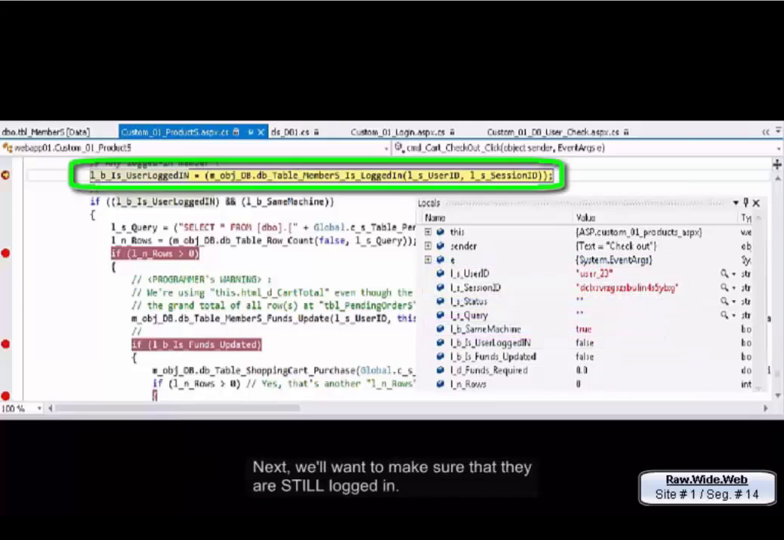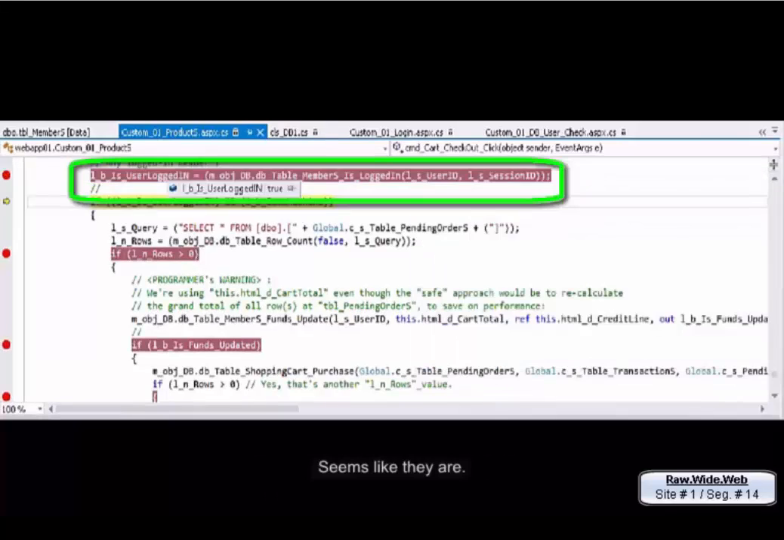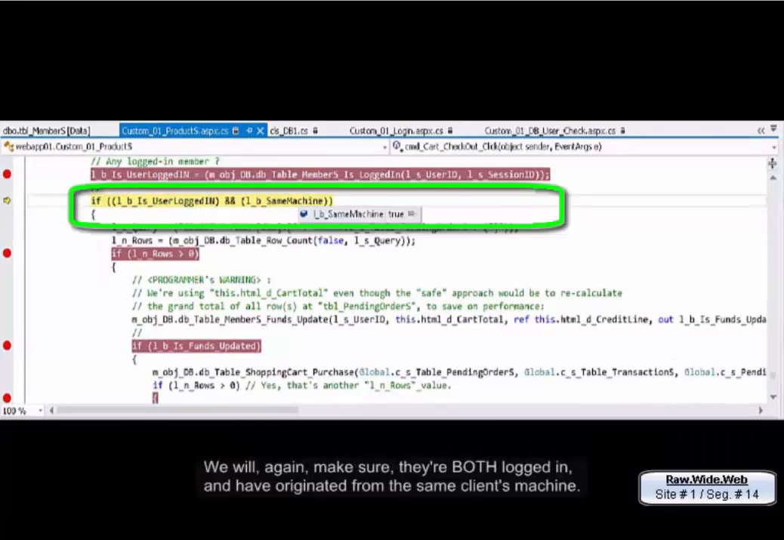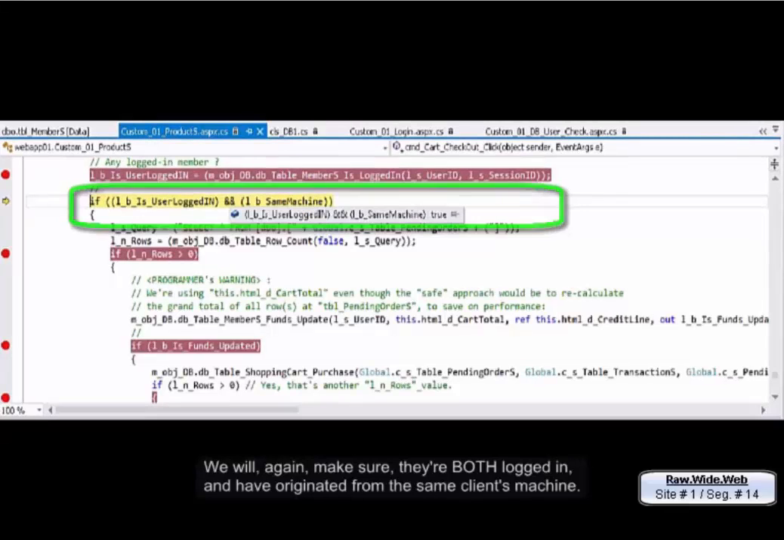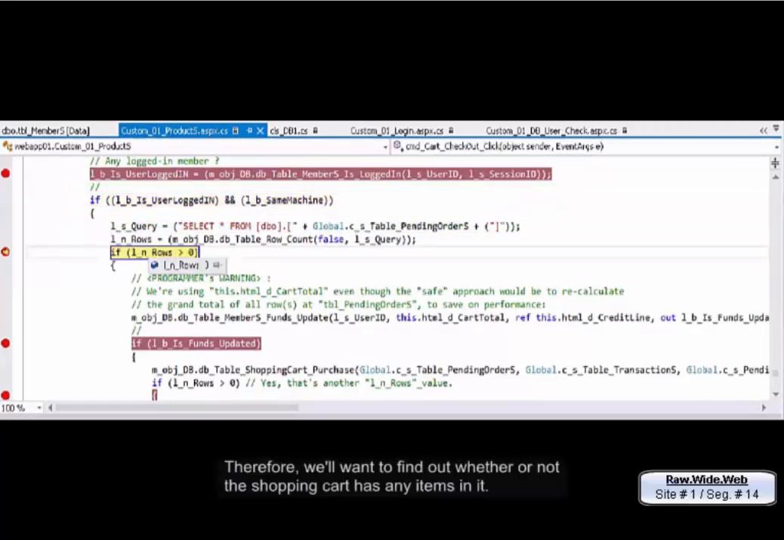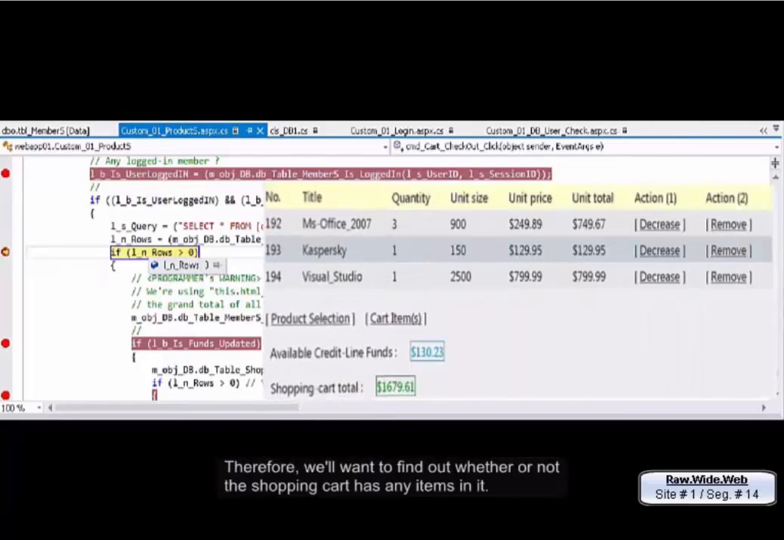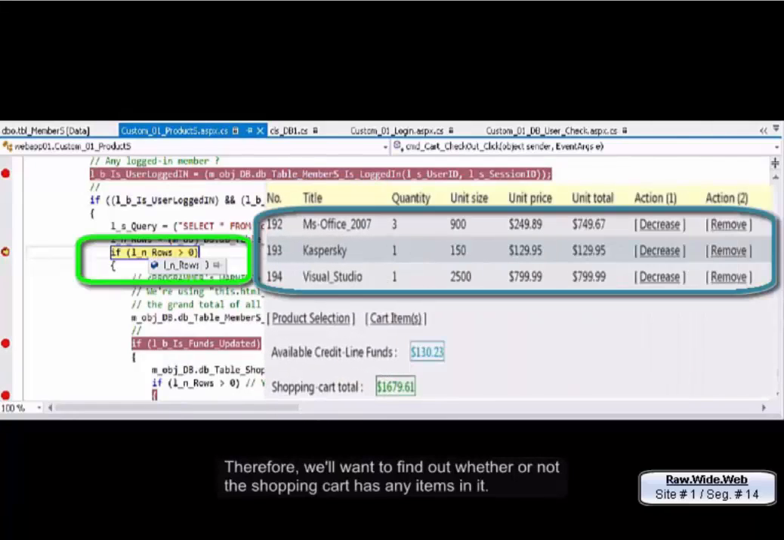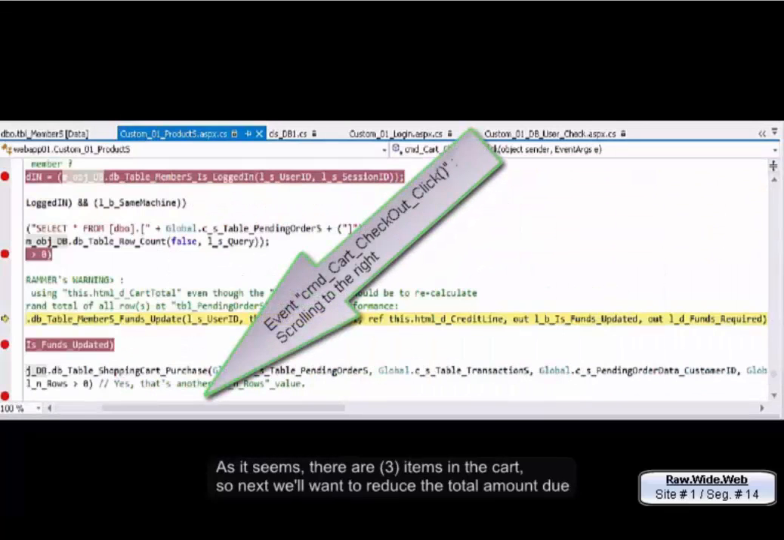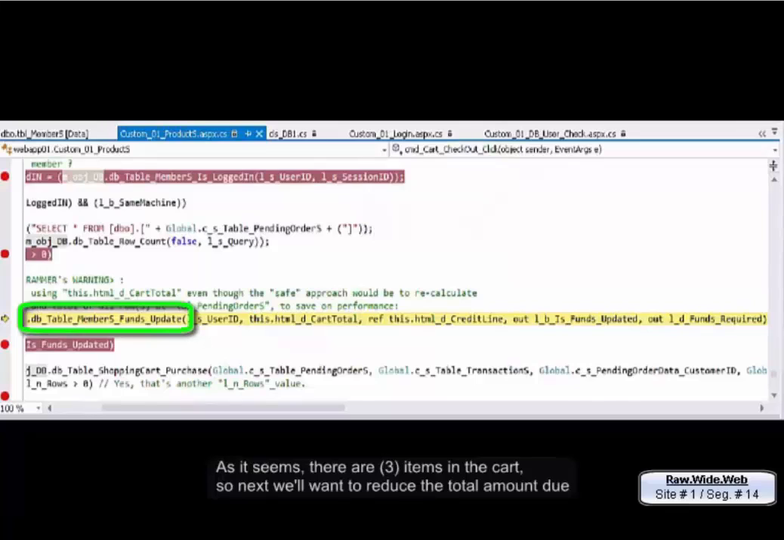Next, we'll want to make sure that they are still logged in. Seems like they are. We will, again, make sure they're both logged in and have originated from the same client's machine. Seems, again, like they are. Therefore, we'll want to find out whether or not the shopping cart has any items in it. As it seems, there are 3 items in the cart, so next, we'll want to reduce the total amount due